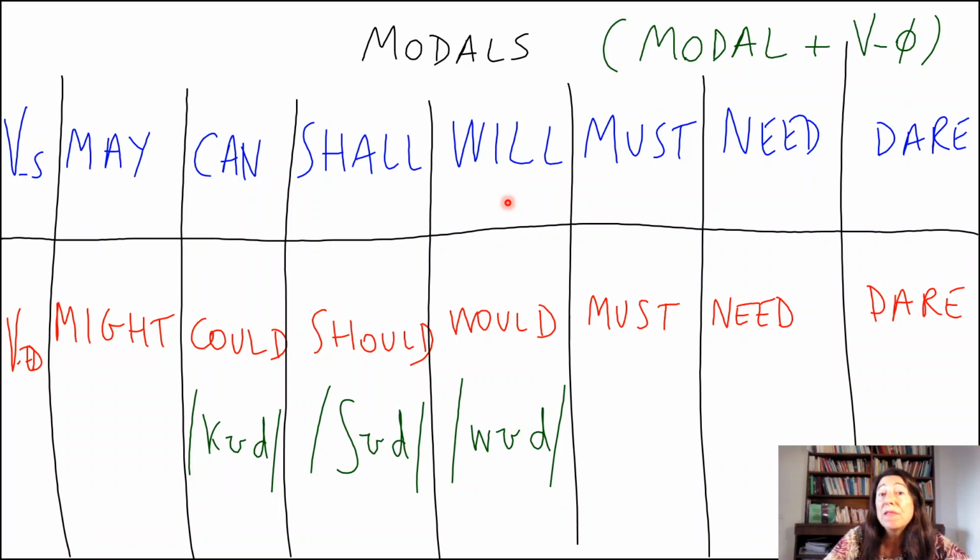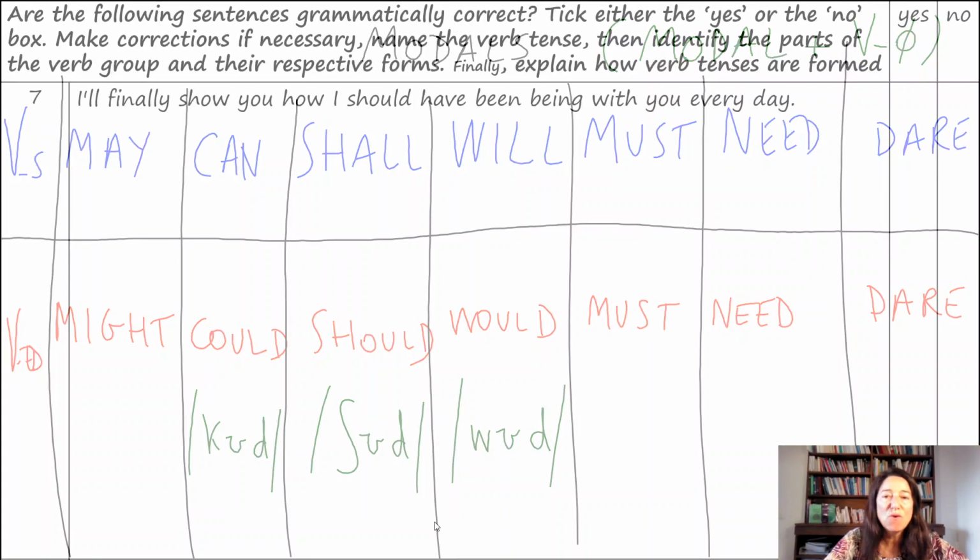So it is probable that something is going to happen in the future, which is why the idea of probability has been confused for the idea of future tense. But it's actually a modal that expresses an idea of probability in the present tense. And would expresses the same idea of probability, but in the past tense. Okay, so that was just a quick parenthesis. And let's go on to